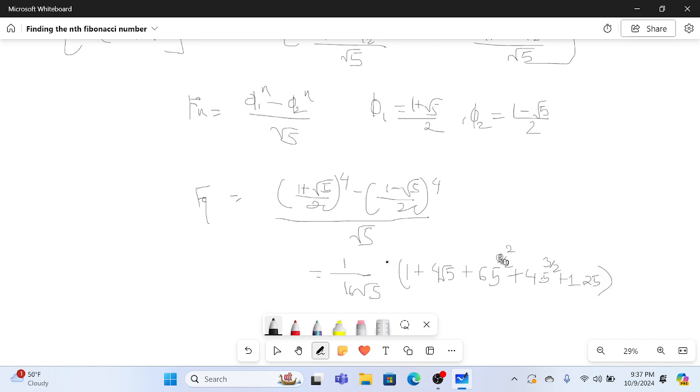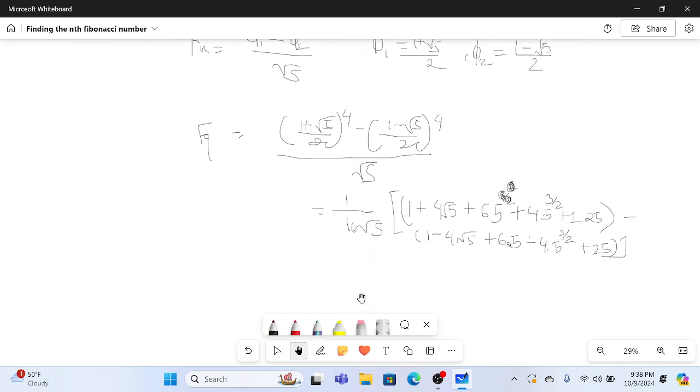This will be from the first one, right? Minus from the second one, so it will be the same, just sign interchange. Minus 4 root 5 plus 6 times 5. This will just be 5. I do know that you know why that is so. This is an easy thing. Plus 25. Okay, fine. Now this is,